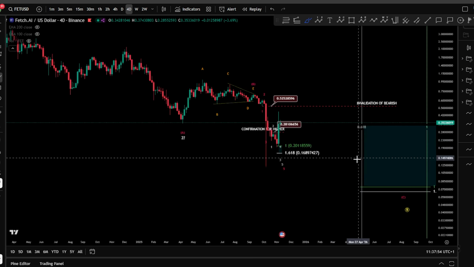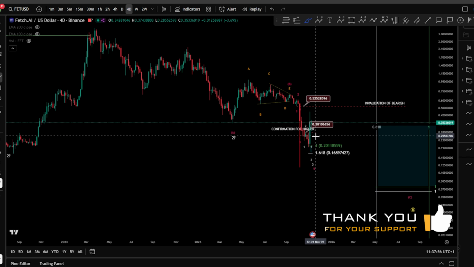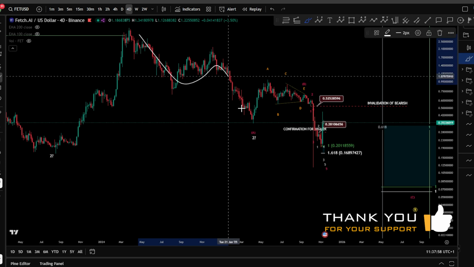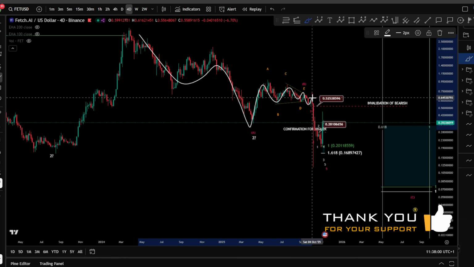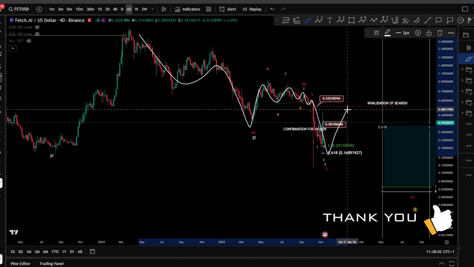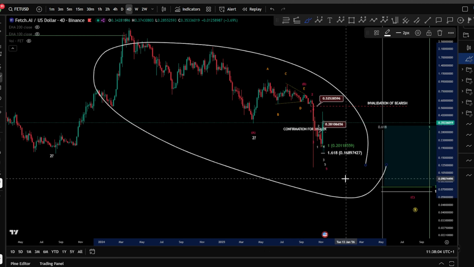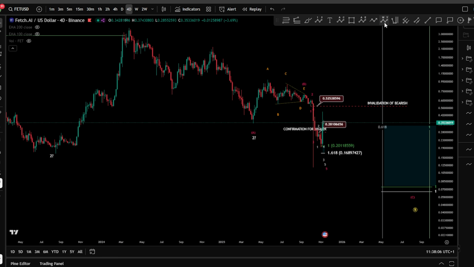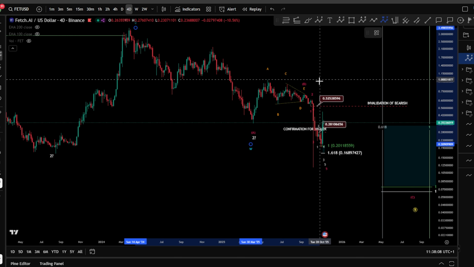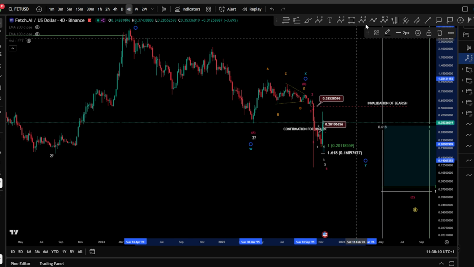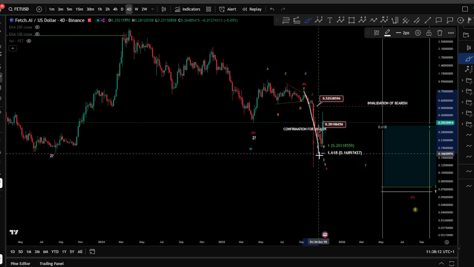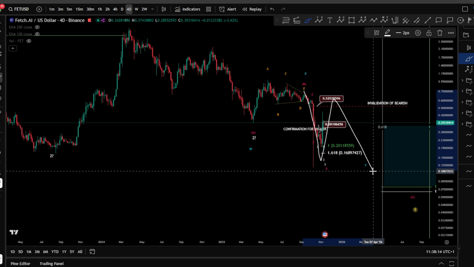It's dropping down. Now, what is very remarkable is that if this is a wave A and this is your wave B and your wave C, I believe it is not finished. And I believe that something bigger than a wave C here is unfolding, or something else, which is, again, the W, X, and a Y. The wave Y might be the zigzag A, B, and a C.